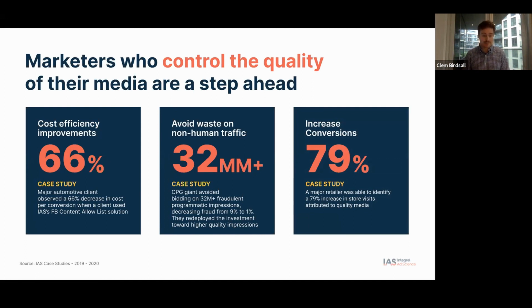Again, this one in the middle here, a FMCG or consumer packaged good client, they identified that they were bidding on 32 million fraudulent impressions per month, which is a lot more than the 13% of the 10 million we were looking at earlier. This is a huge amount of fraudulent impressions. When they started looking at the IAS results and then other tools that we have, they decreased this rate from 9% to 1%, and they reinvested that 32 million impressions back towards media that was making a difference. It was driving conversions, it was driving brand uplift and all those sorts of things, because they weren't spending it on fraud anymore.